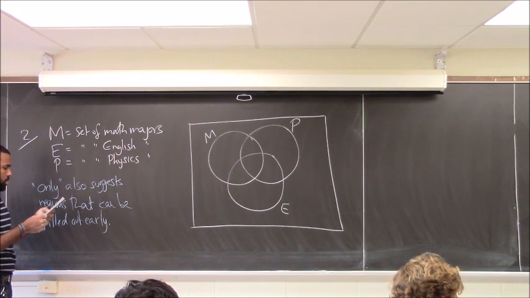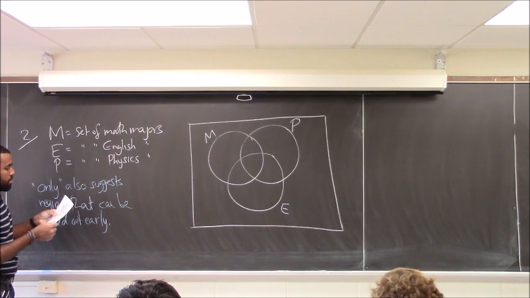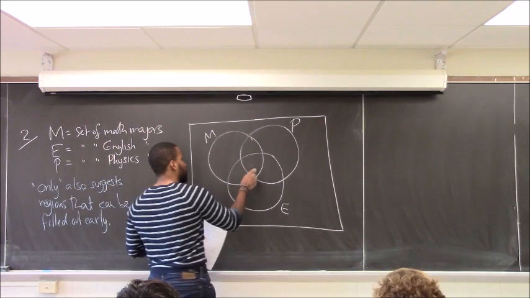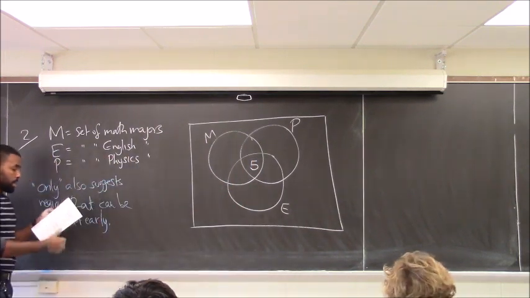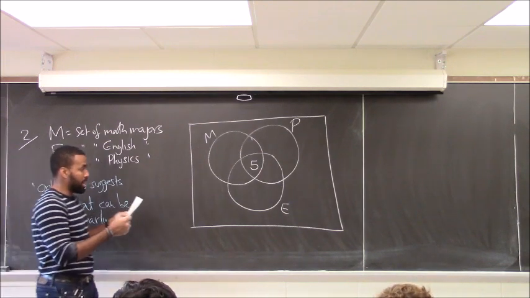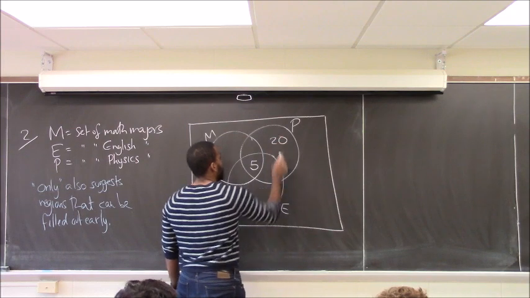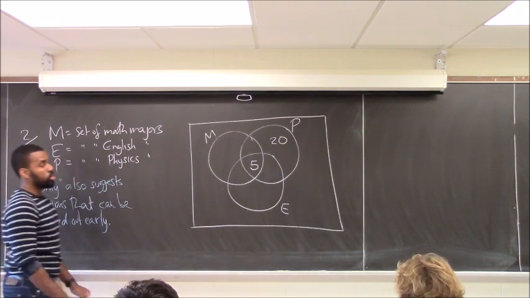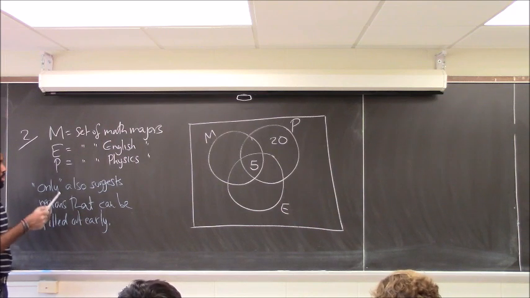14. Where does 14? Oh, look at the next one. 5. 5, right. So 5 students have all 3. So I know the region of all 3 overlaps. That's pretty good right there. I also know that 20 people have physics only. So that means there are 20 people over here who are not doing anything but physics. Okay, so now let's talk about,